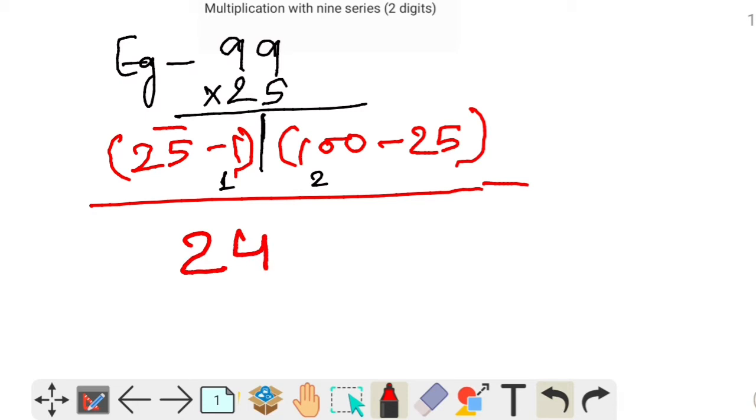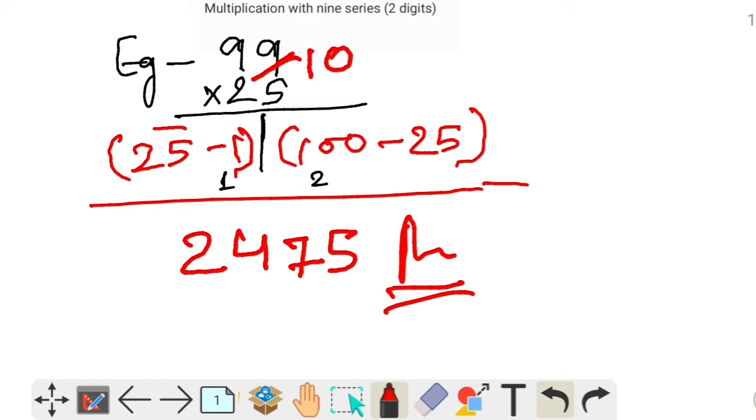And now how will you subtract from 100? You will think that it is a bigger number to subtract and it will take time. Nothing, just see here, just follow me. Instead of taking 9 here, consider it as 10. 10 minus 5 is 5 and here 9 minus 2 is 7. So your answer will be 2475.